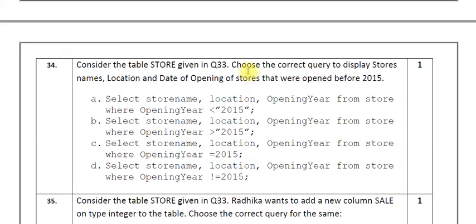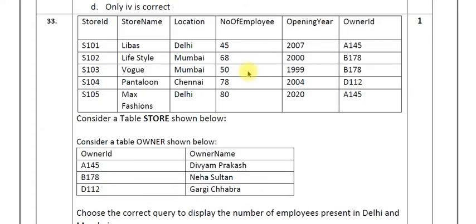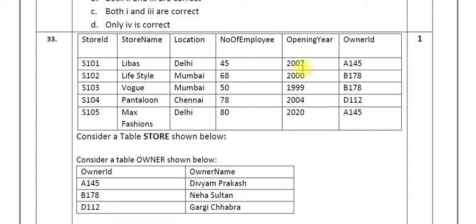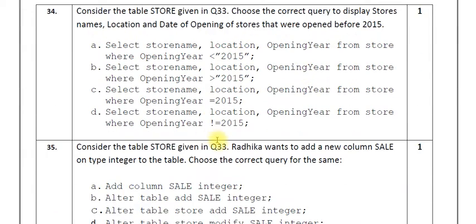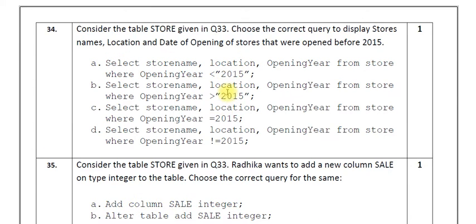So definitely over here, currently opening year is given as a particular value. Let us check as such. So as you can see, this is not a text value. This is not a text value. So definitely the year can be a numeric value. So we can throw out these two options, less than string value. We cannot apply less than string value with certain things. So this may be the correct answer according to this.